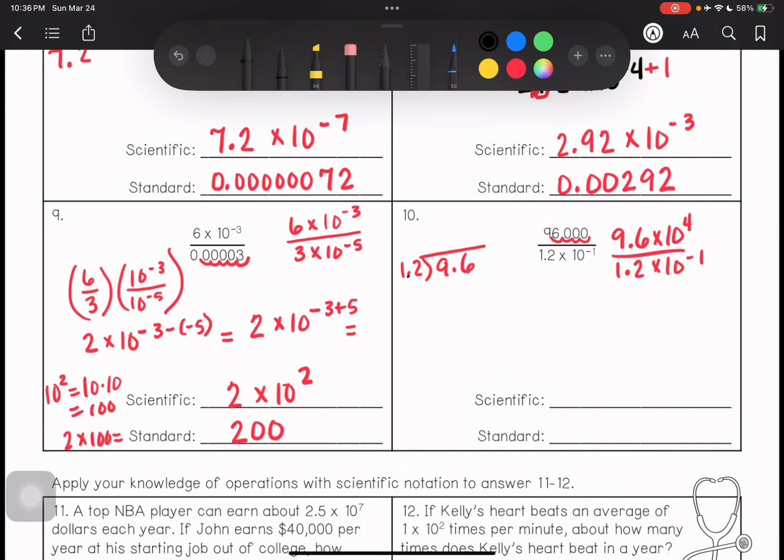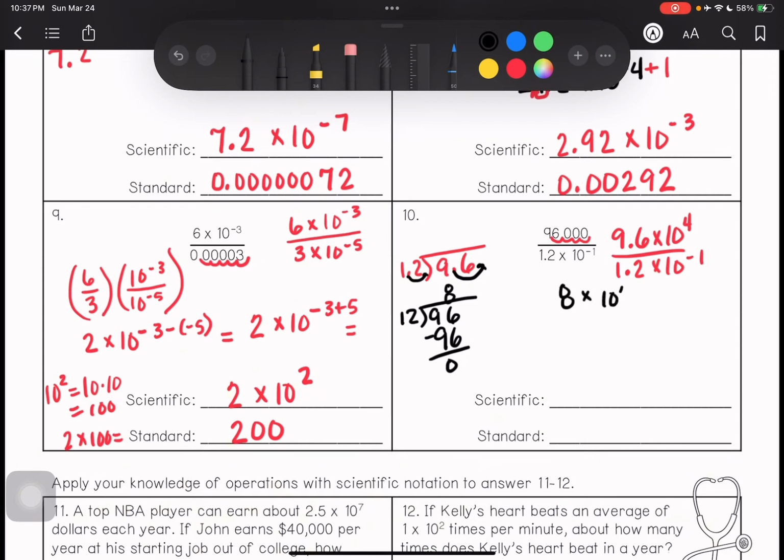You move the decimal to make this a whole number. Move it over 1 time each. So 12 divided into 96. 12 times 8 is 96. So 12 times 8 is 96. When you subtract, you don't have a remainder. So that's 8